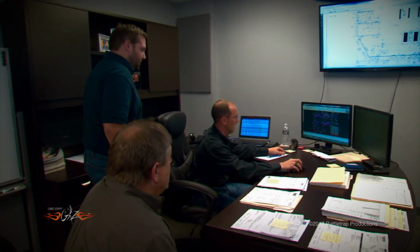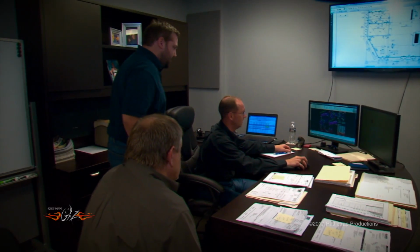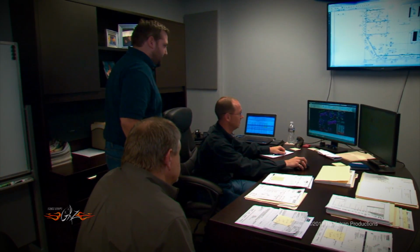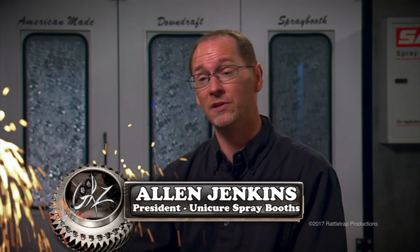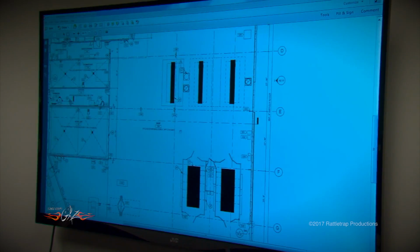Okay, so guys, we got this floor plan here, and they're going to do that third prep, the one that's on the far left. You definitely follow trends in the industry, follow the automotive manufacturers, how are they doing things today. Paint companies, work closely with them because at the end of the day, we're going to provide the tool, but they're going to provide the product that actually gets laid down. Yeah, we designed a lot. We looked at some different options. We have 2 or 3 options, but we